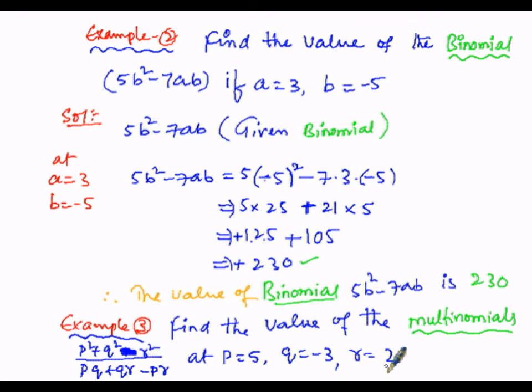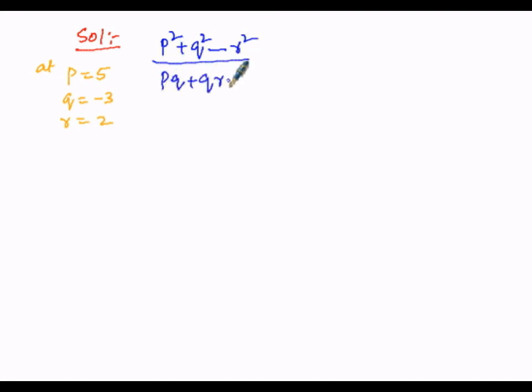Now the solution starts. At p equals 5, q equals minus 3 and r equals 2, the multinomial p square plus q square minus r square, overall divided by pq plus qr minus pr, will be equal to: p replaced by 5, but it is squared, so it must be whole squared, plus q replaced by minus 3, which also must be squared, minus r replaced by 2, which must be squared as per the problem, overall divided by